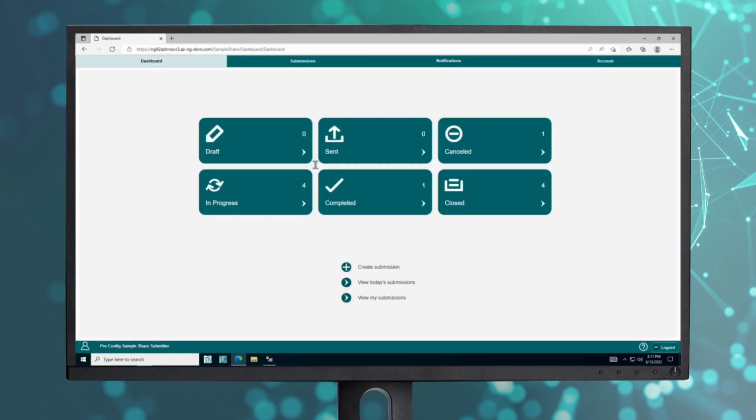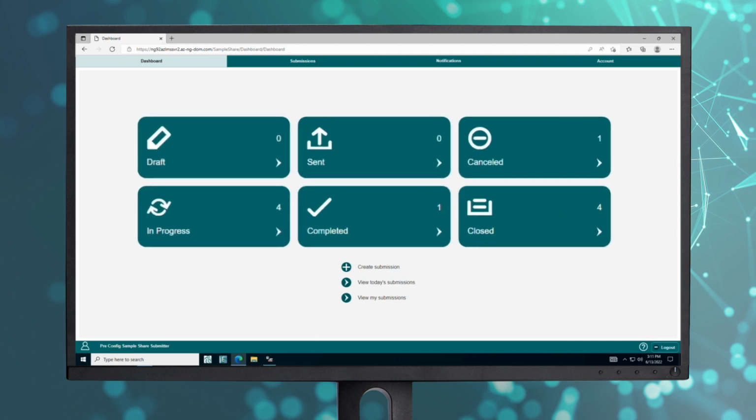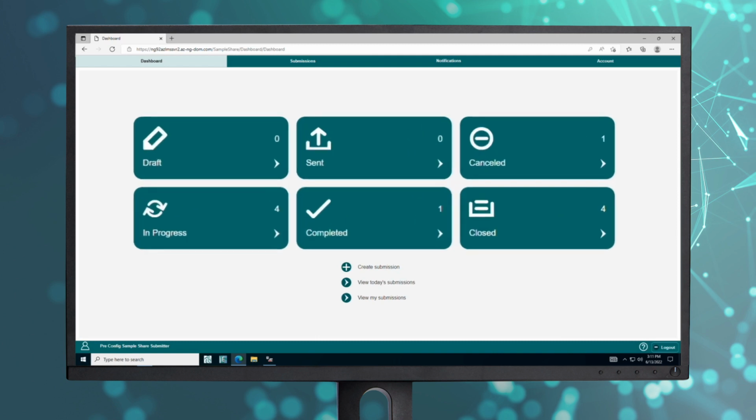This means that people who may not be directly involved in laboratory operations can still submit samples to and automatically receive results from the laboratory. The nice part about this being web-based is that there is very little training involved, as the page is remarkably simple to request sample testing from. So we've logged in with our unique username and password and are brought to a simple dashboard that provides an overview of our submission, including requests in draft, sent, canceled, in progress, completed, and closed.